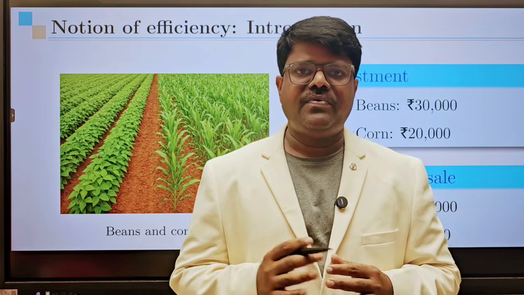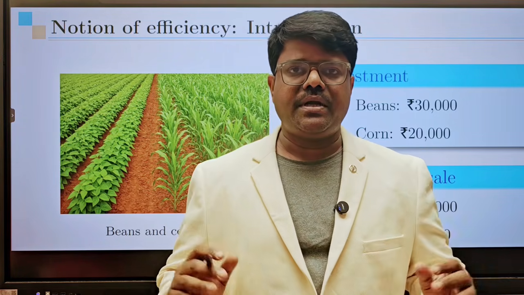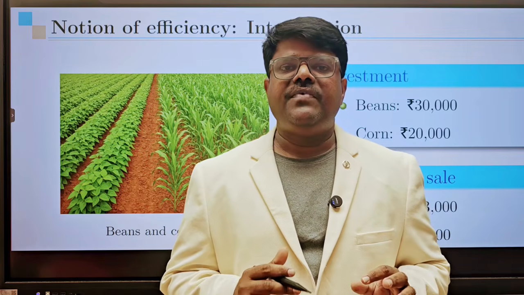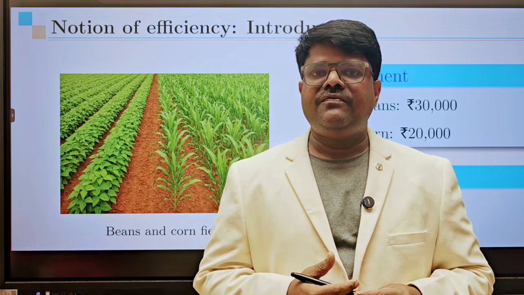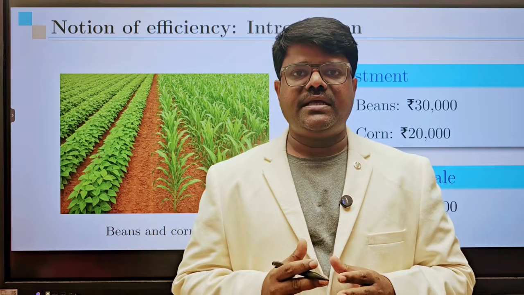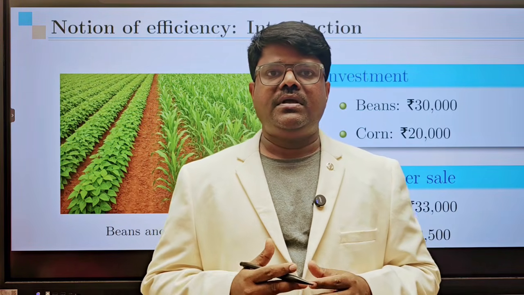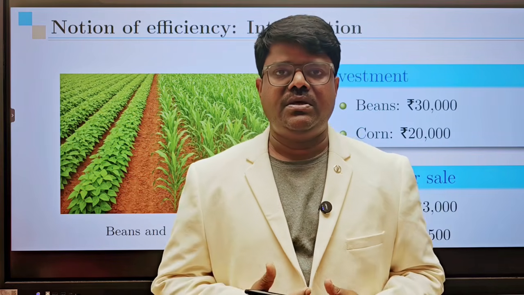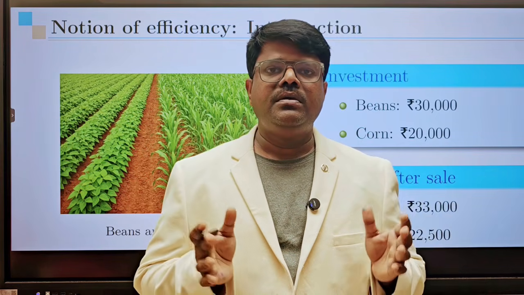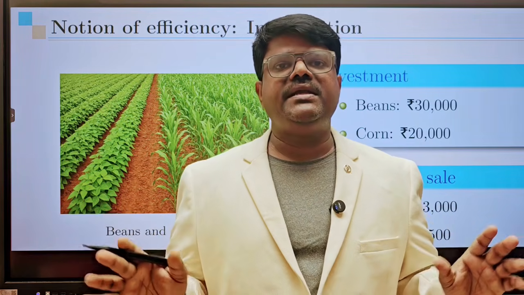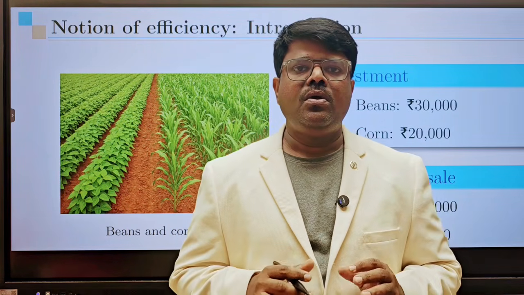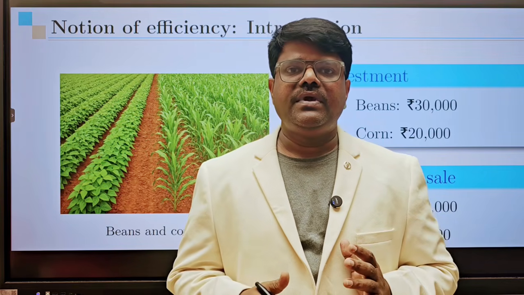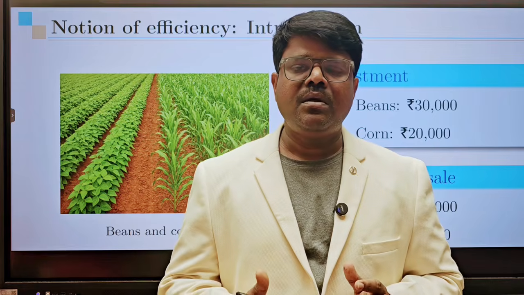Now listen here. First of all, there is no single competitor. If there is a single competitor, he will be the winner. We say there is a competition when there are more than one competitor. In competition, we say who is the best. If beans is alone, beans is efficient, beans is best. If corn is alone, corn is the efficient, corn is the best. But when we compare, if competitors are more than two,